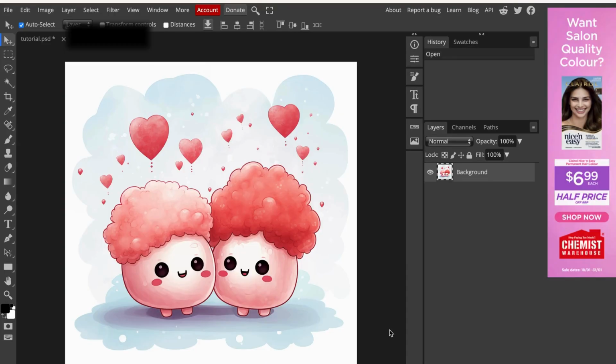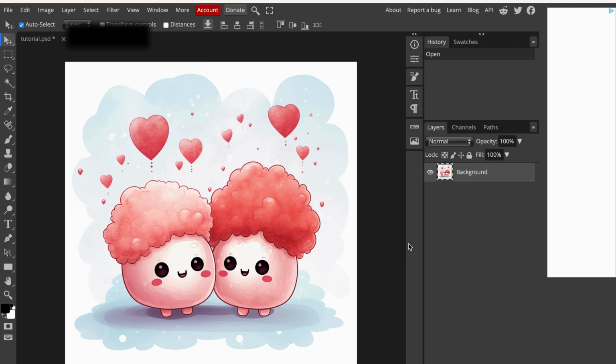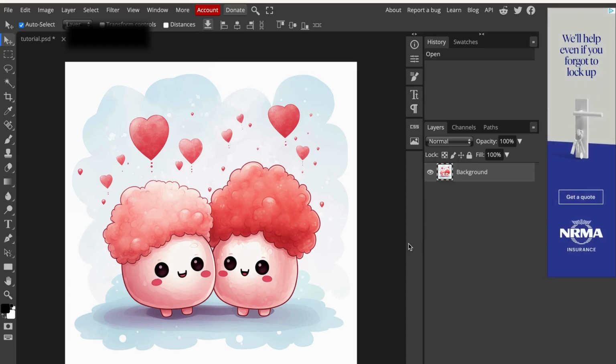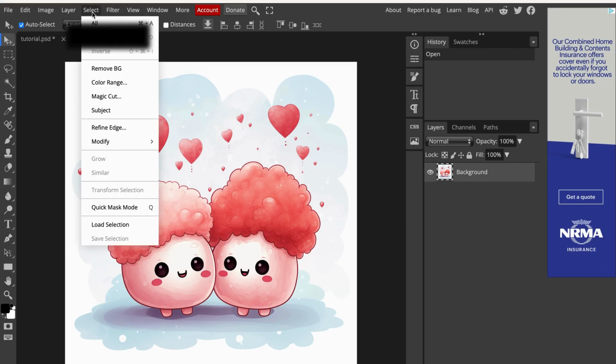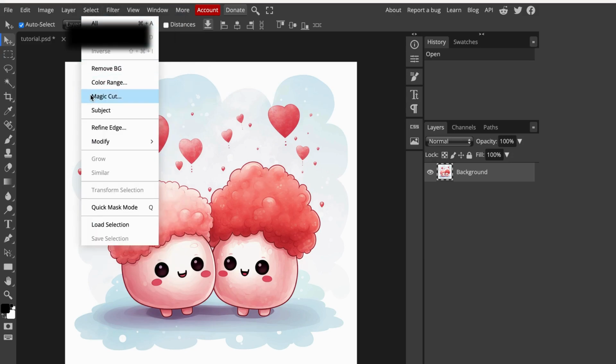Now, the second way I like to remove the background is to use the Magic Cut tool, which cuts out an image from its background. So I use this when I want to select parts of the image that I want to keep and discard the rest. I've now loaded this image in again with the background intact. I will go up to select Magic Cut,